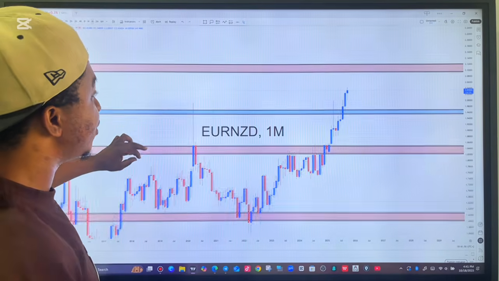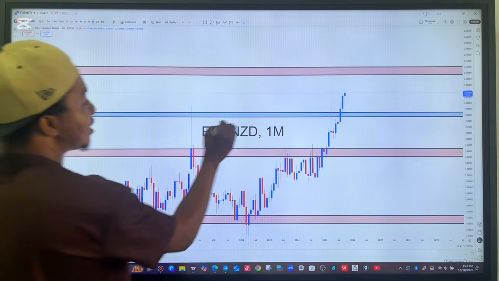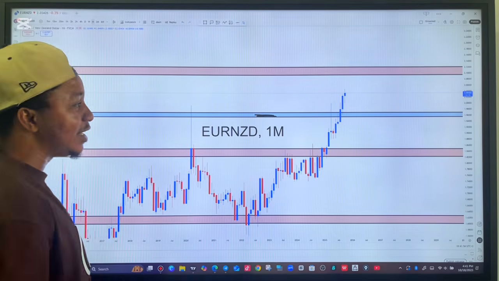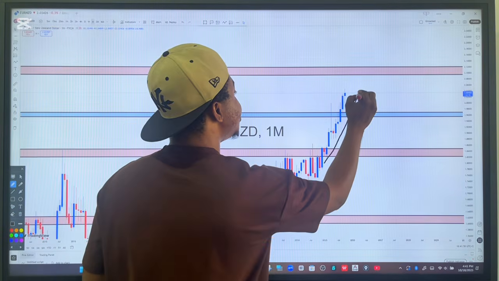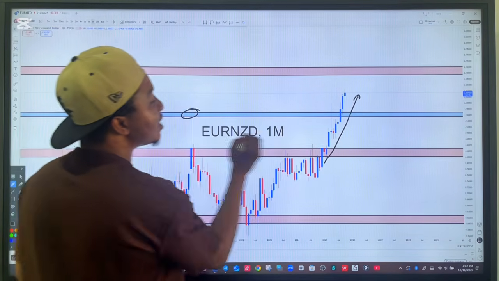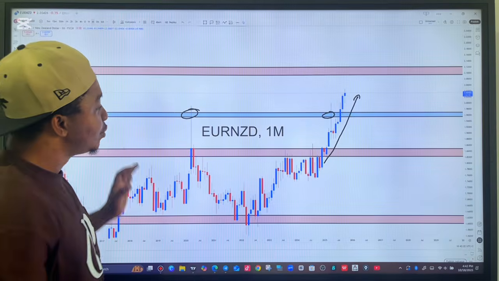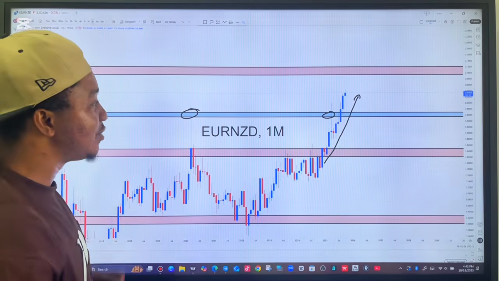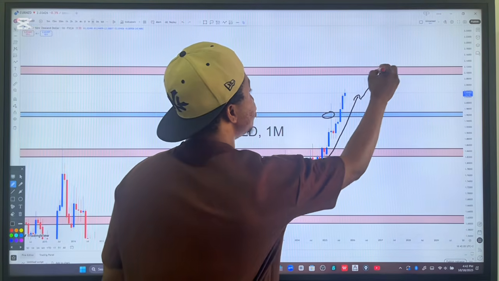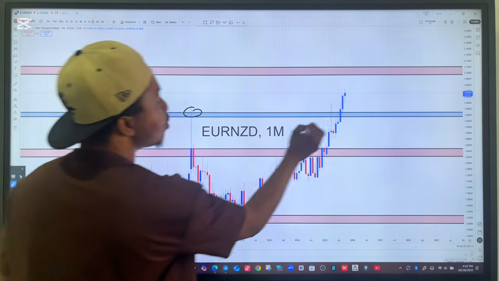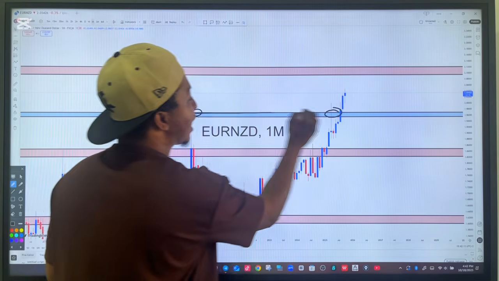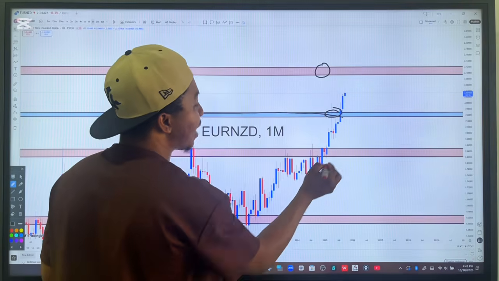Now UNZD on the monthly time frame, we have the monthly mid-range zone. What exactly is going on in the monthly? On the monthly, we can see that price has made a strong push to the upside, breaking above the monthly resistance level. So this break above the monthly resistance level tells us that price is going to make contact with this resistance level. Why? Because it has been able to break above the gap between the monthly upper and then